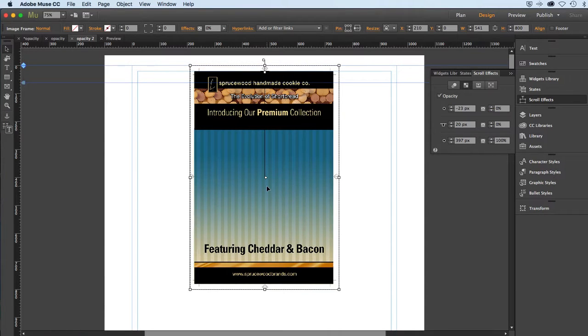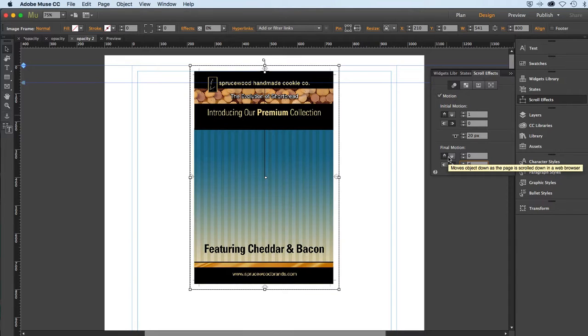Okay. Now, as I said, I want to lock this into place. So I'm actually going to go over to my motion. Turn on the motion. I will let it go up at the same rate of the browser, so upwards position at a 1, which is the same as normal speed. I'll turn the horizontal to 0. And when it hits the trigger, I want it to stop. So that's a 0 for both of the settings in Final Motion. So this should scroll until it hits the trigger point, at which time it will freeze into place, and then